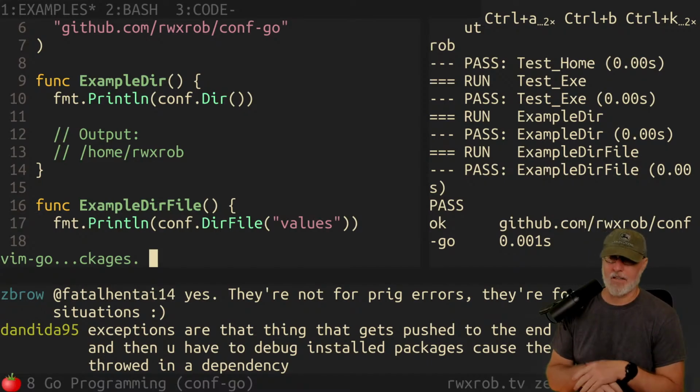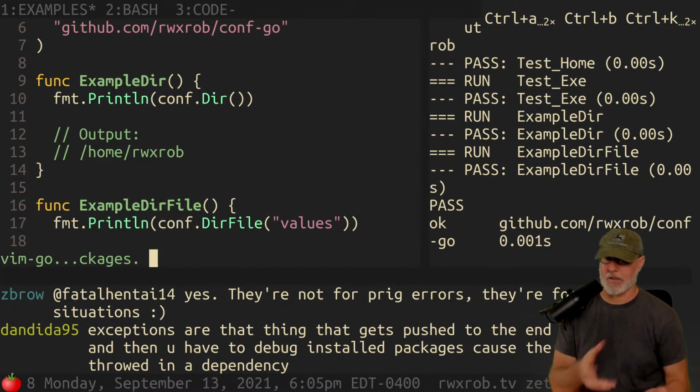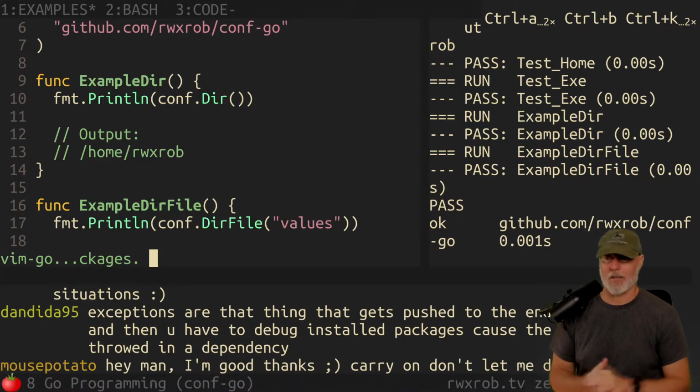I actually wrote an entire exception error handling ability into Perl. I built it into my Perl class's pragma. It's beautiful. It gives you the full stack trace and everything. It's so awesome. And I still don't like them.